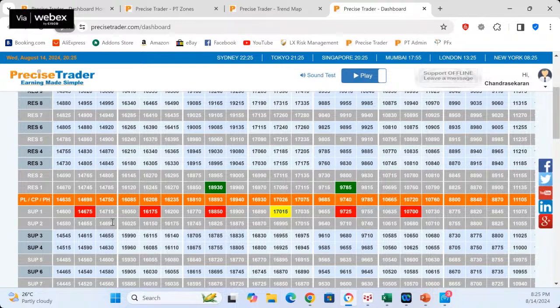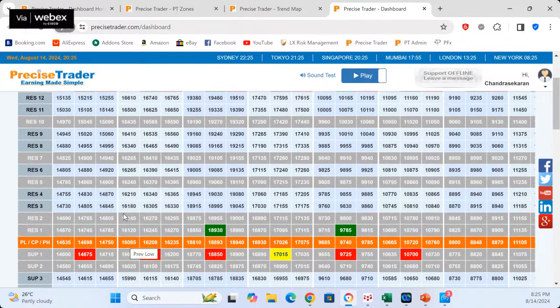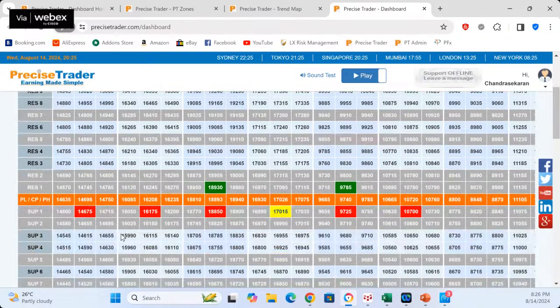If you are a conservative trader, then we would want you to sell at 47.40. Then put a stop above 70 and exit at 46.80. Okay, 46.80. Okay, let me change the screen.